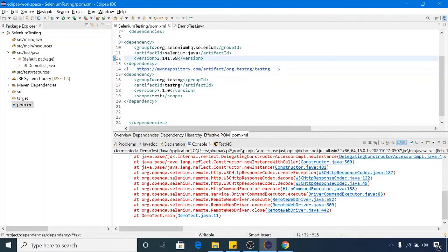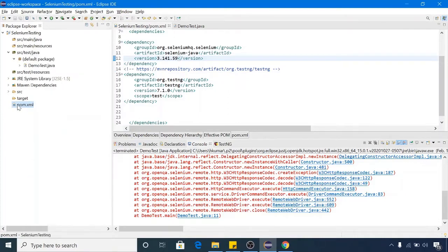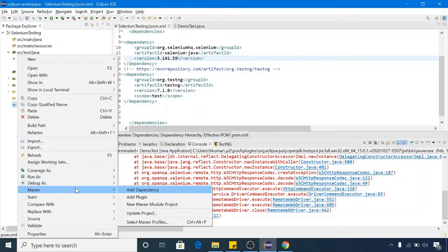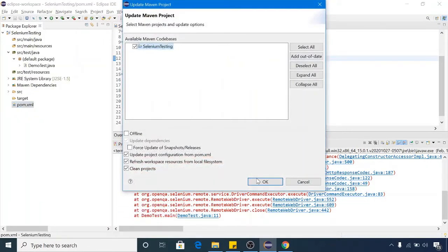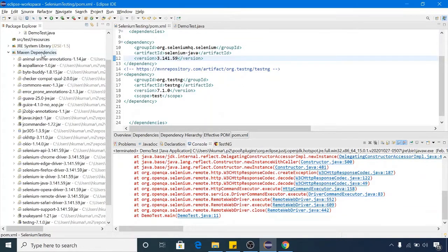So we added the dependency for TestNG and Selenium also. Let's build the project. Right click on the pom.xml file, click on Maven, click on Update Project and click OK. It started building the project and downloaded the required dependencies. In Maven Dependencies, you can find the testng.jar file.